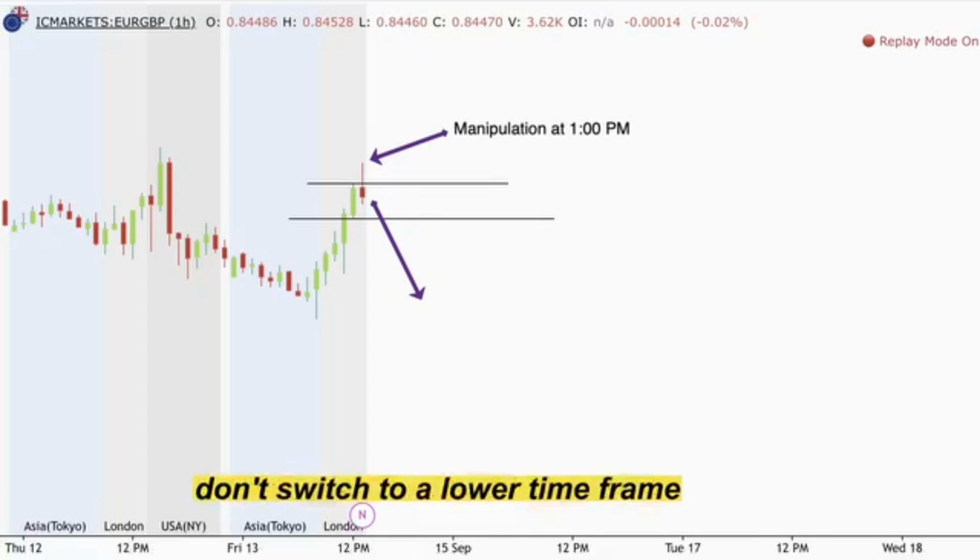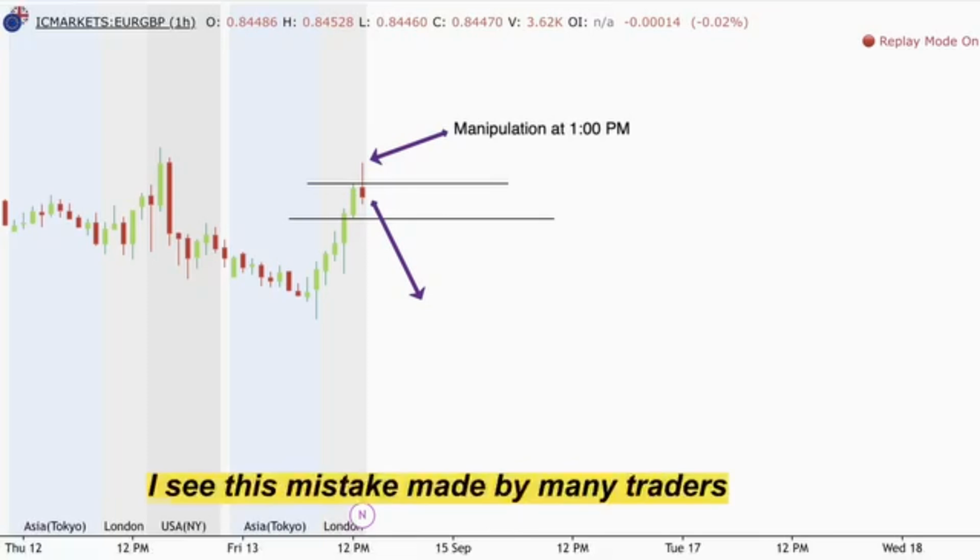When looking at the time, don't switch to a lower time frame. I see this mistake made by many traders. You need to focus on the time of the purge on the higher time frame,